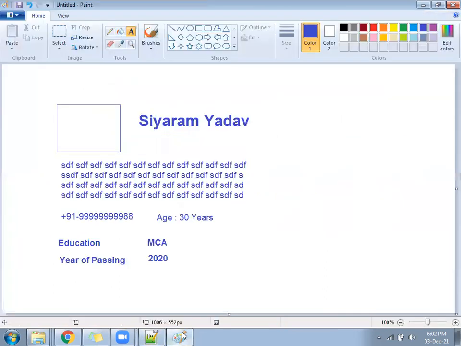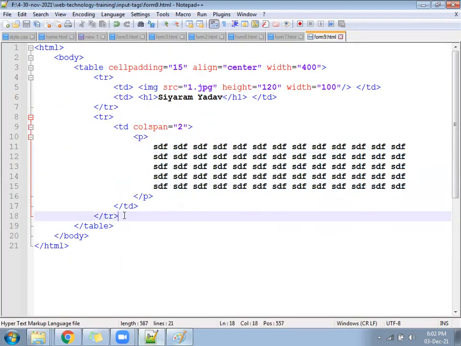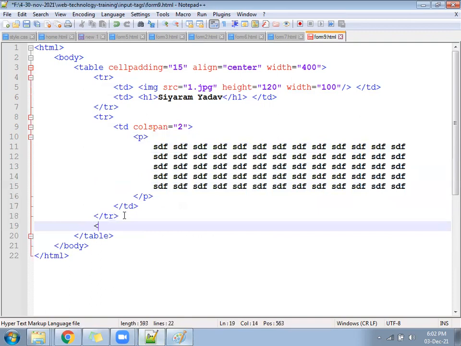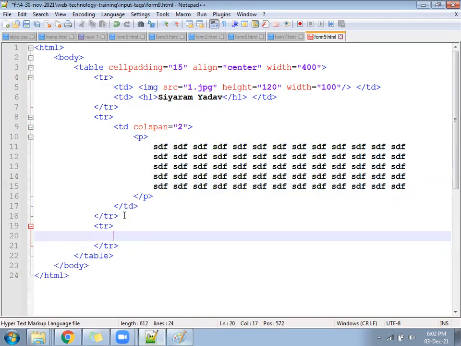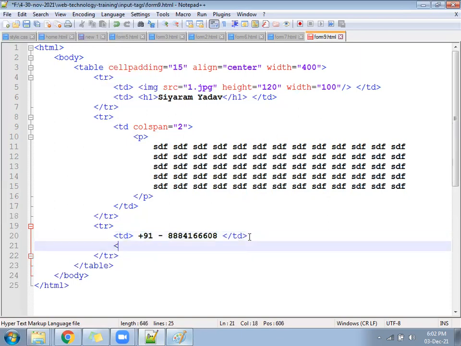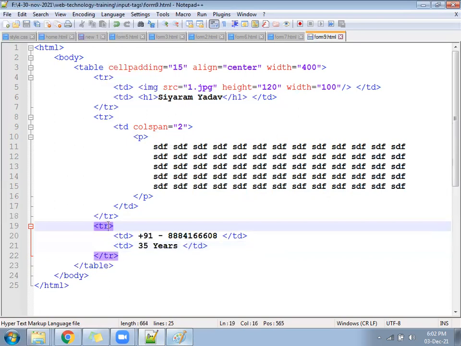Next one was mobile number and age. So we will create one more TR. In that, 2 TD will come. One TD will hold the mobile number, +91 88841 66608. And then the second TD will hold the age, suppose 35 years, this way. So what you will get now is a total of 3 TR.